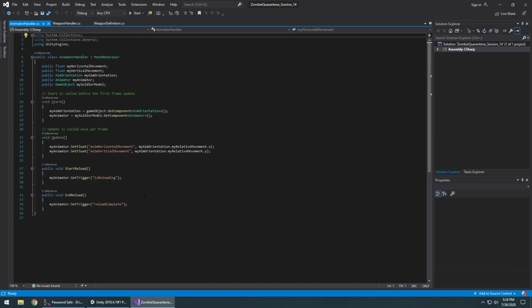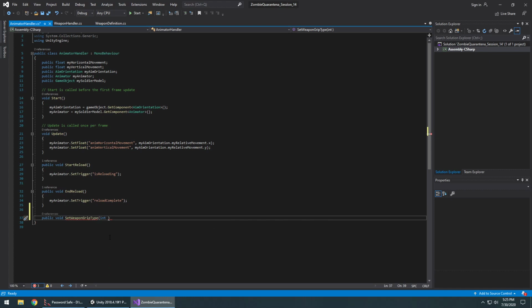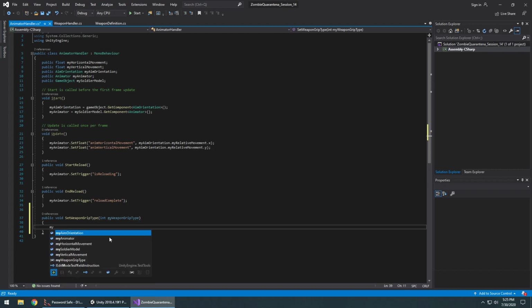Okay, so we're going to create a new function in our animator handler that is going to be called public void SetWeaponGripType, and it's going to take a single argument of an integer, which will be myWeaponGripType, and we're going to say myAnimator.SetInteger, myWeaponGripType,